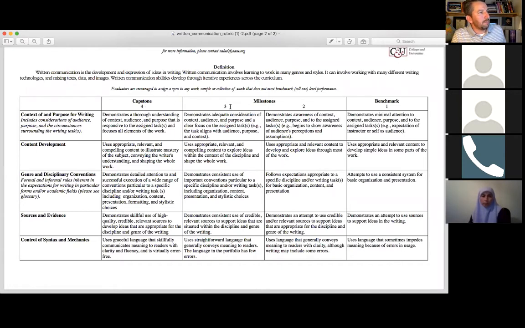Now, I just want to say something about the point values here. These point values are different than the course assignment point values. If you add up 4 times 5, there's 20 points possible. So if you have a document that's worth only 10 points, then basically I will do the math, and for every point in this rubric, you're going to get a half a point for the course.